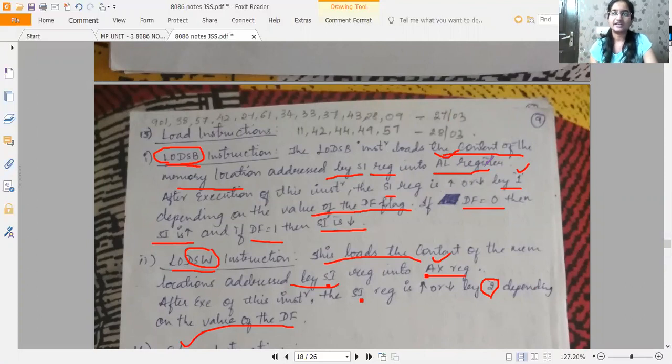Now, for example, there is a box in which there is more than one book. Suppose there are 5 books in a particular box. If we use the move instruction, it is like moving one single book from that box to some other destination. If we use the load instruction, that means we are moving all the books from that box to some other position one after the other.